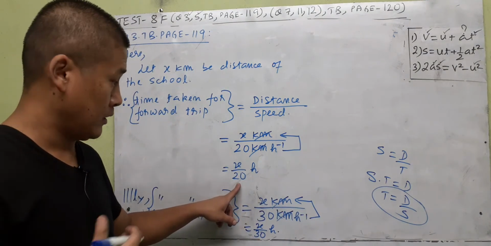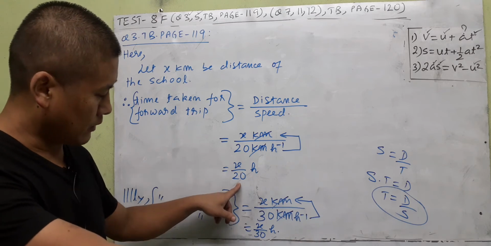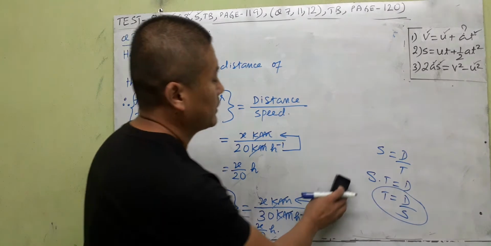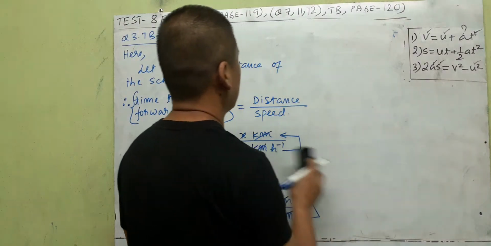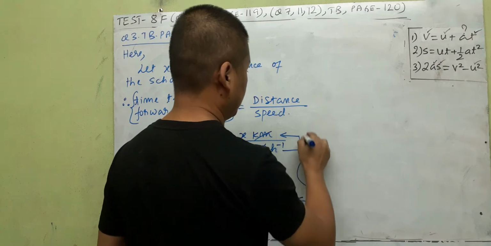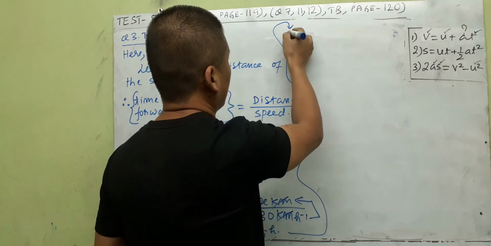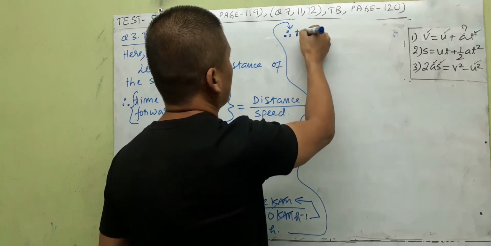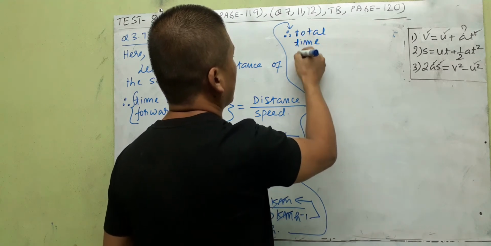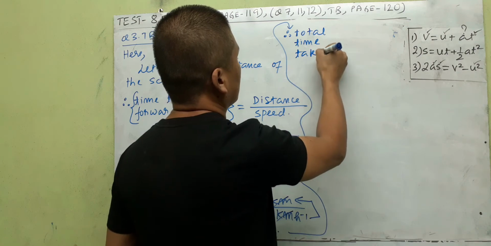Time taken to go to school, time taken to come back home. These two together will be the total time taken. So let us write that. Therefore, total time taken for the whole trip